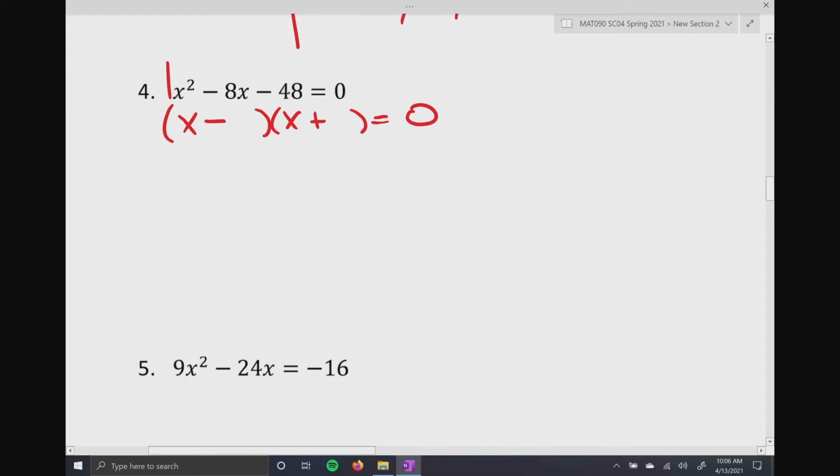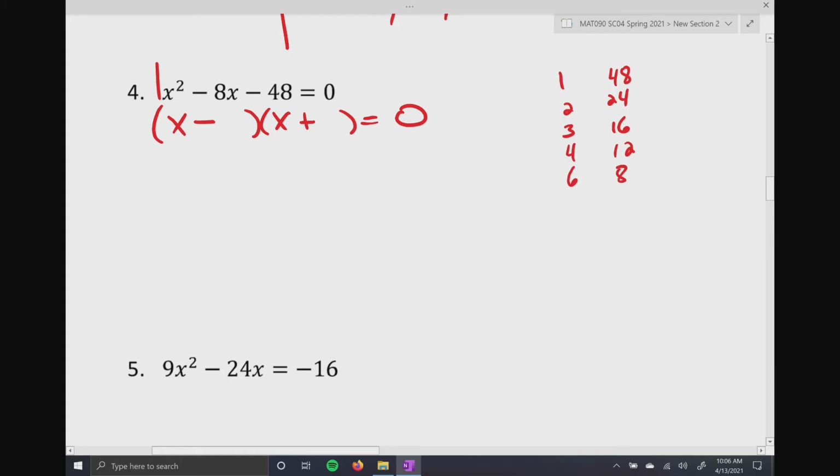So that second sign has to be a plus. All right? Now we write out the factors of 48. So off to the right, 1 times 48, 2 times 24, 3 times 16, 4 times 12,